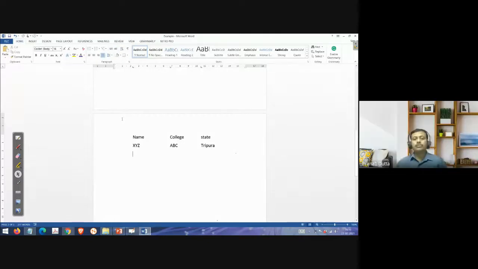Once you have set a tab, how do you remove it? One way is to click on the L shape and drag it downwards. Now if you see, that tab will not be there.